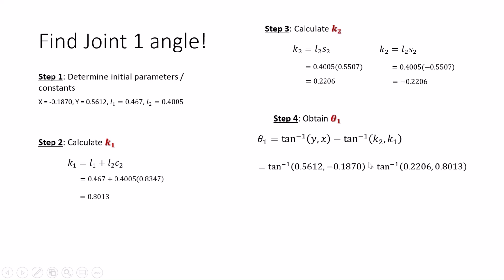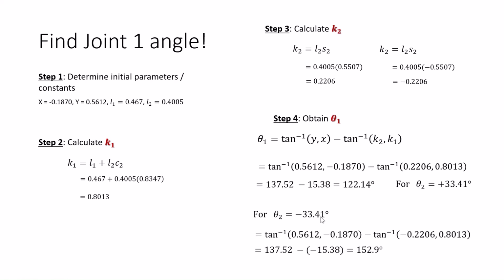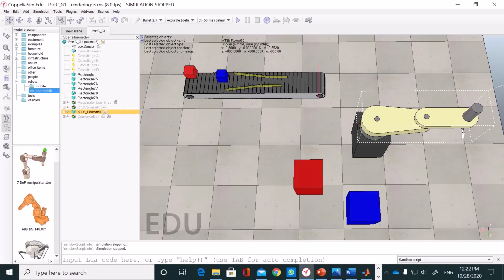If we put in the values for the first set, which is K2 positive, we'll get a value of 122.14 degrees. But if theta 2 is negative 33.41, our K2 will be negative. And in that case, we will have theta 1 as 152.9 degrees. Now that we found theta 1 and theta 2, let's change the program by inserting the values